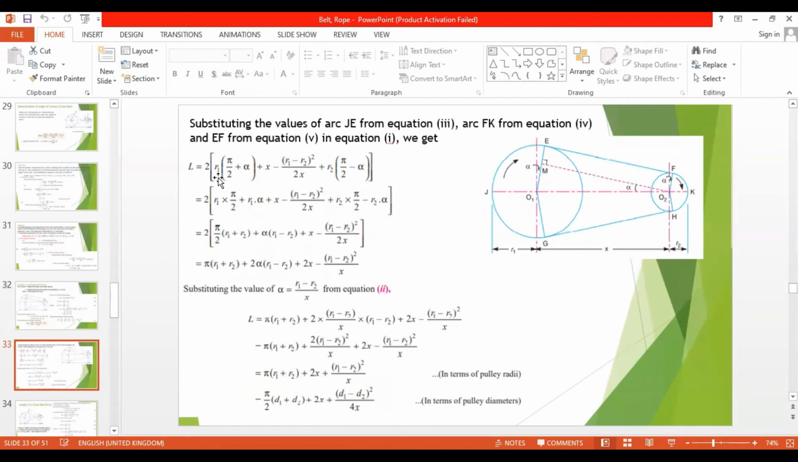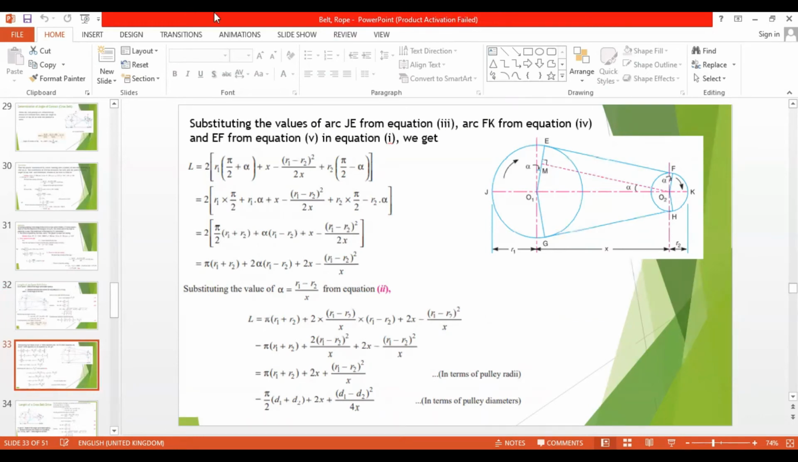So we will put them 2 into, why 2 into? Because we are considering only this top part. The total length is twice of this one, right? There's a bottom length also. So 2 into JE, this length is R1 into pi by 2 plus alpha, right? R1 into pi by 2 plus alpha